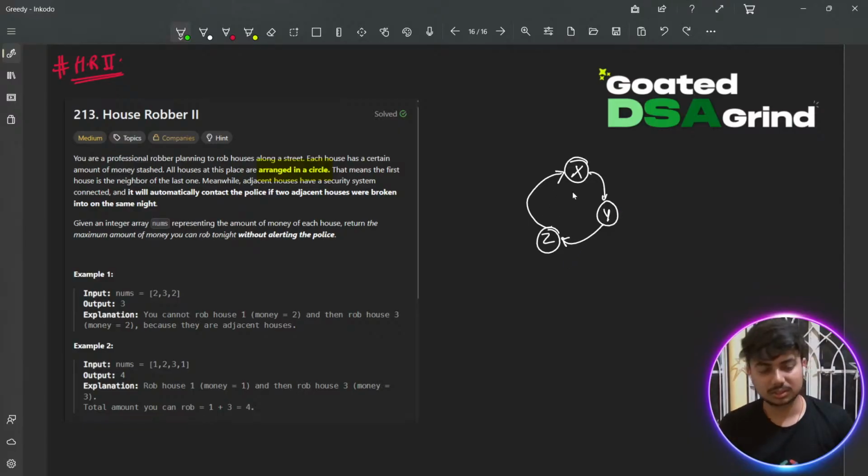ठीक है, since there is a cycle, तो तुम लास्ट हाउस और फर्स्ट हाउस को एक साथ कभी रॉब नहीं कर पाओगे, ठीक है। अगर 4 का साइकिल रहता है ऐसा कुछ, 2 3 4 5 4, तो इन दोनों को साथ में रॉब नहीं किया जा सकता। Given the condition, अगर तुम इसको रॉब करते हो तो इसको रॉब कर पाओगे बस, और इसको रॉब करते हो तो सिर्फ इसको रॉब कर पाओगे, ठीक है। 5 में और बेटर समझ आता है, 2 3 4।